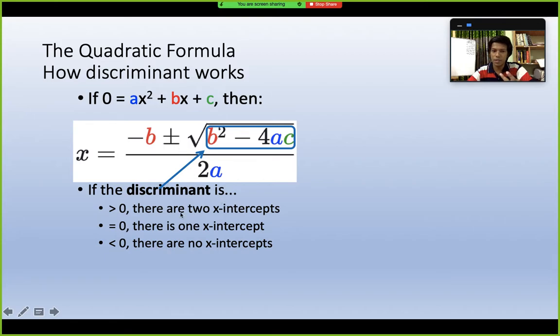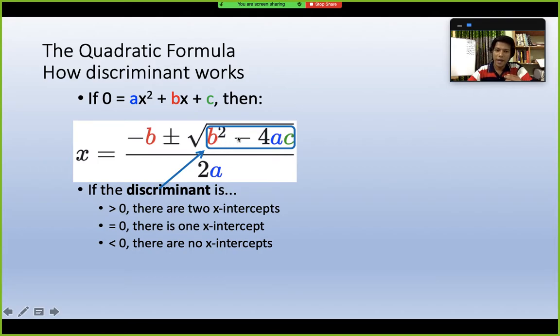That's why there are 2 answers. There are 2 x-intercepts. Now if this value is 0, why is there only 1 answer? Because at that time this is 0. That's why this plus or minus 0 does not have any value. It doesn't matter. So only minus b by twice a is the answer at that time when this equals